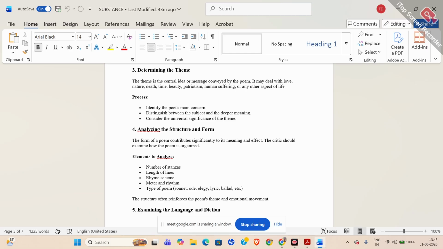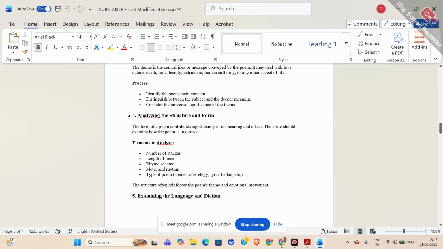Now, number 4, analyzing the structure and form. এটাও খুব ইম্পর্টেন্ট, কবিতাটার স্ট্রাকচারটা, কাঠামোটা। Form কিরকম? Form of a poem contributes significantly to its meaning and effect. The critic should examine how the poem is organized. So meaning এবং তার এফেক্টটা বোঝার জন্য ফর্মটা দরকার।